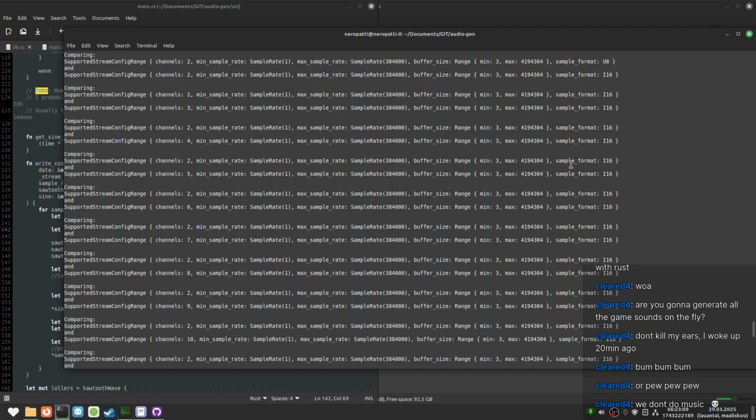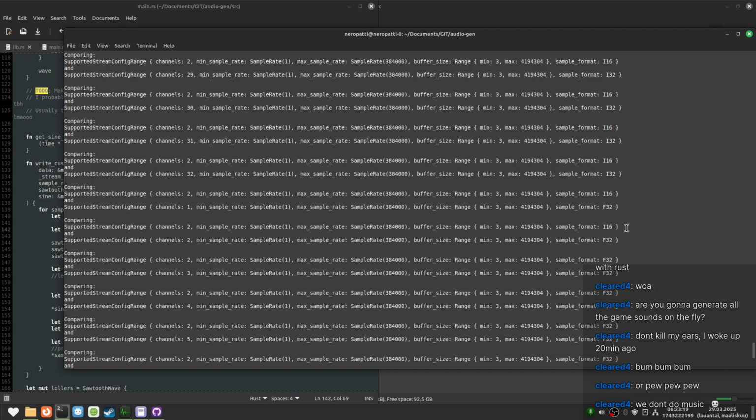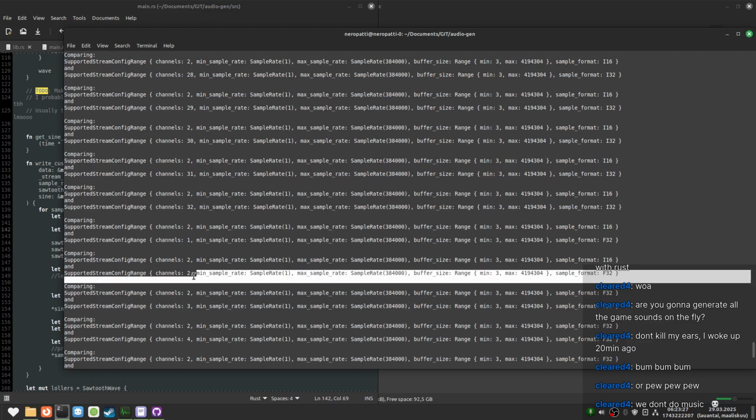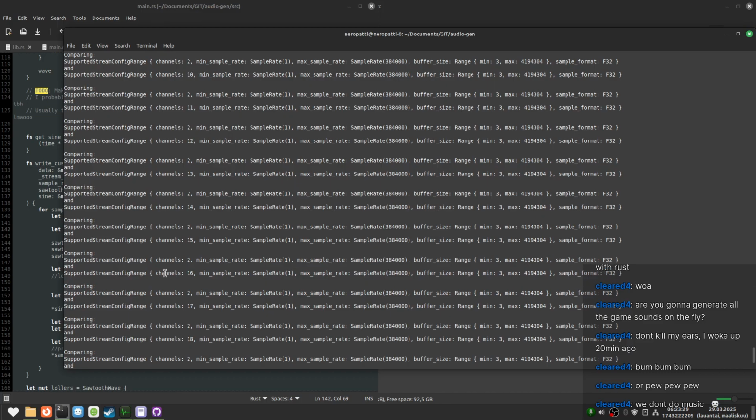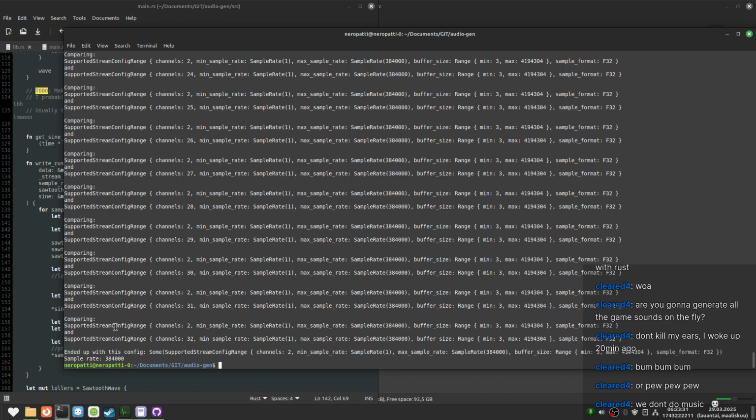So then we compare that to everything else. And for some reason, I32 doesn't win against I16. I don't know why, but that's something. And then we get to the real one, the F32. The beloved. And the F32 with two channels wins, and that's the one that we end up using.